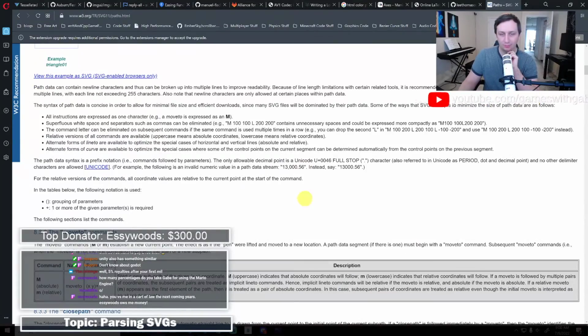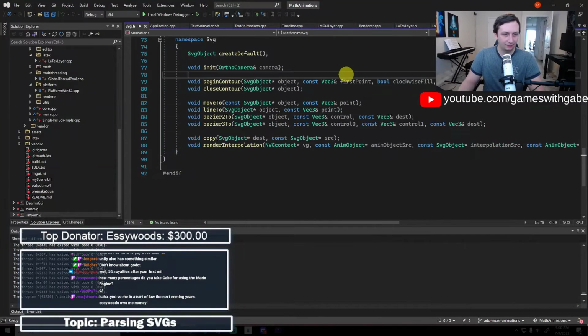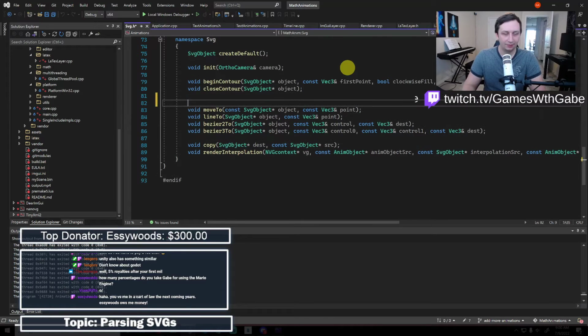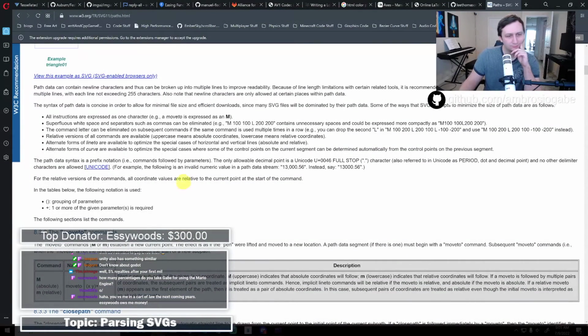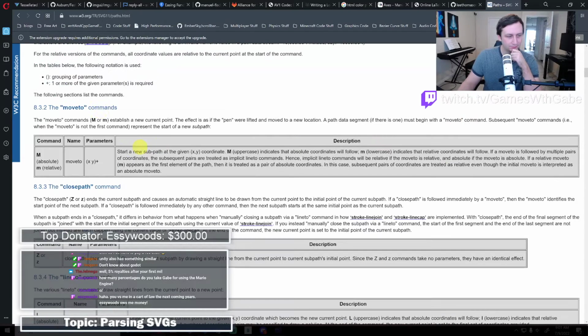to parse, hopefully. And so I guess what we can do is we can add an API in here, which is basically like... we could just do, so I guess, I don't know if this is a contour, or if this is a path, or what. I'm trying to think. So contours and paths are kind of like font things. And I wonder if just a move would just represent a new contour in a font. Let's see what it says.